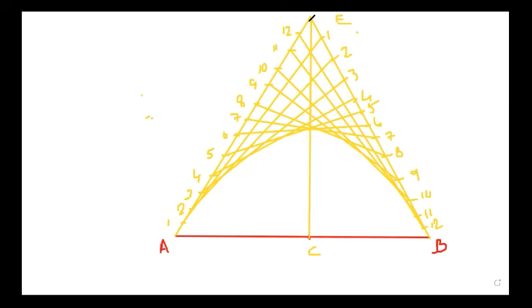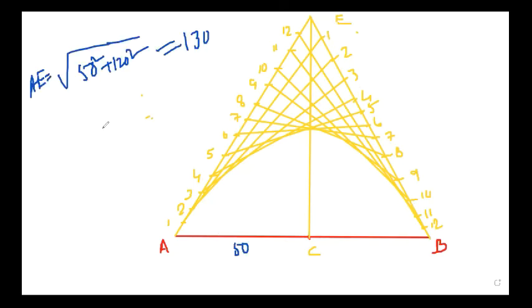So we divide it into 13 equal parts. Each part will be 10 millimeter. So by scale we can measure 10 millimeter distance and divide it into 13 equal parts. Similarly, BE also divide into 13 equal parts. And here we mark in such a way that 1 to 12, and from the upper side also 1 to 12. So now join 1 with 1, 2 with 2, 3 with 3 in this way, and you see the parabola will be like this.